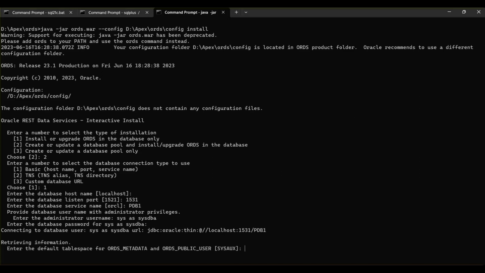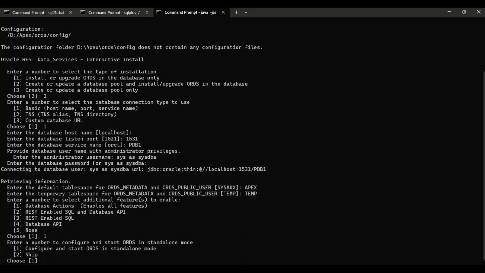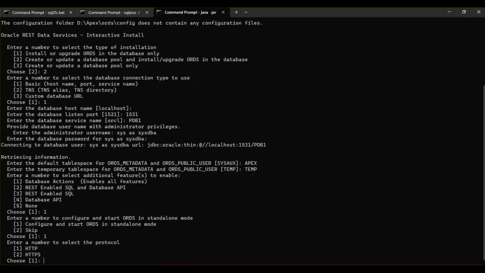For the default tablespace, enter the Apex tablespace that we initially created. And for the temporary tablespace, select temp. For the additional services to enable, select option number 1, database actions, enable all features. Then select option number 1, to configure and start ORDS in standalone mode.